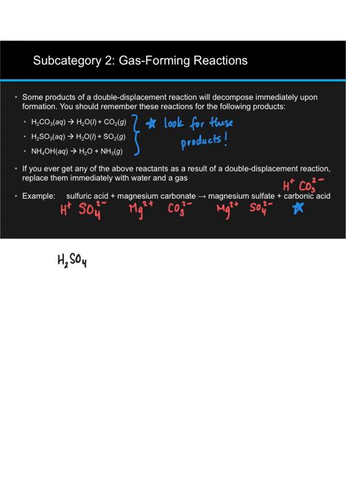Sulfuric acid must be H2SO4. We need 2 H's for every sulfate. Acids are in the aqueous phase. Magnesium carbonate just needs 1 magnesium for every 1 carbonate. Carbonates are insoluble in water, but soluble in acid, so we should still expect a reaction. This reaction will produce magnesium sulfate, MgSO4, which itself is soluble, according to rule number 4 of your solubility rules,